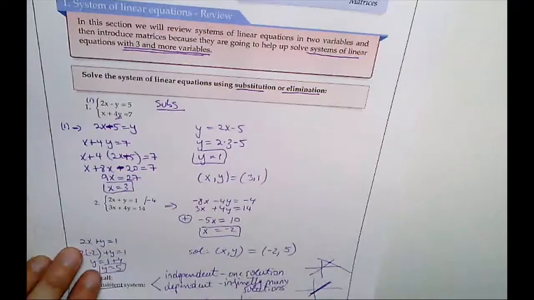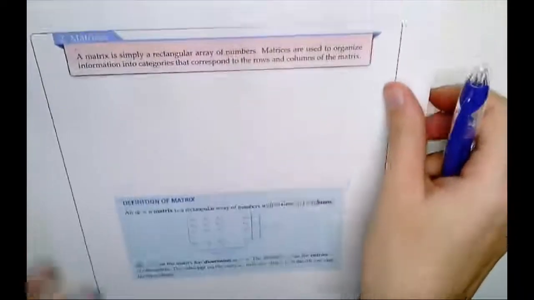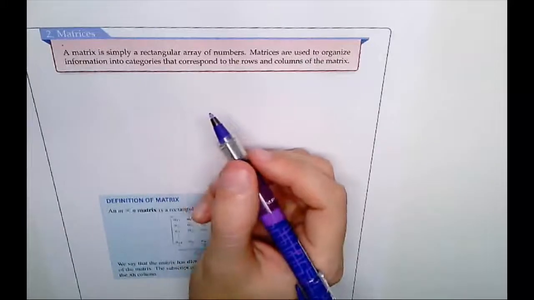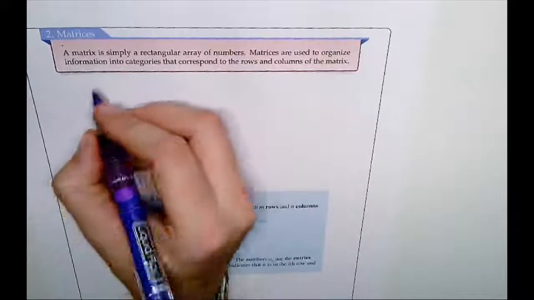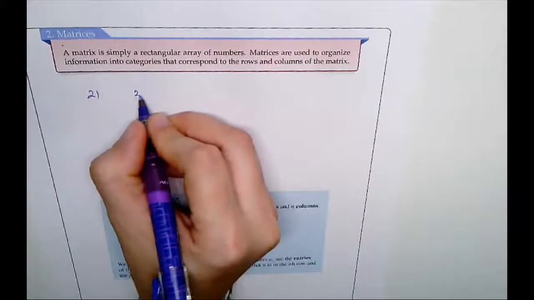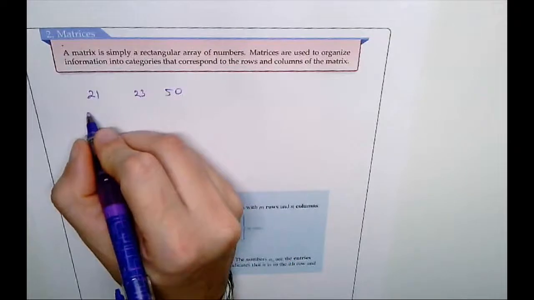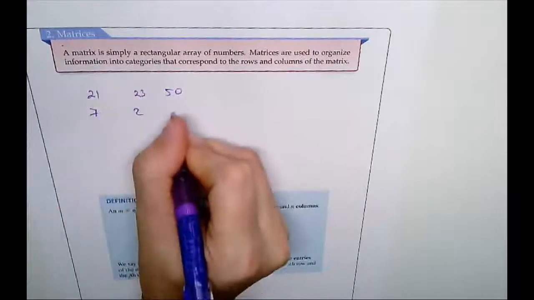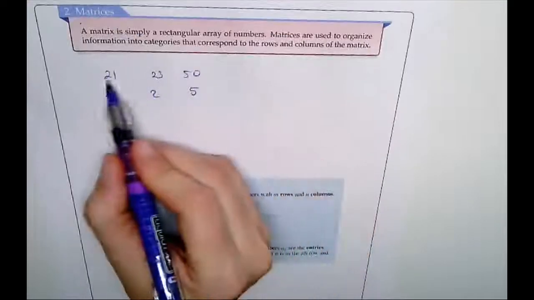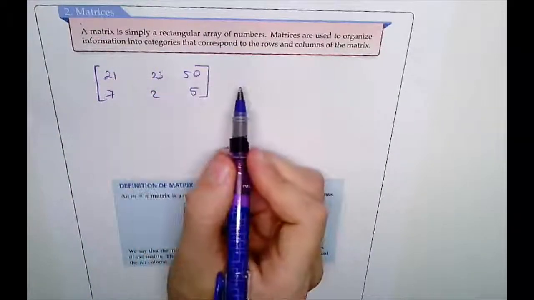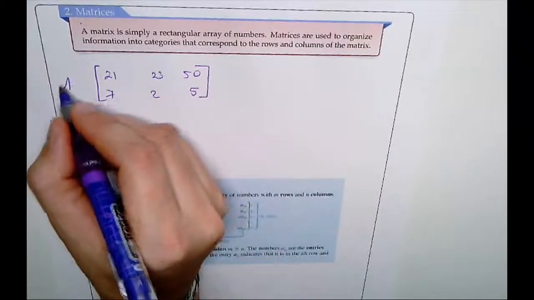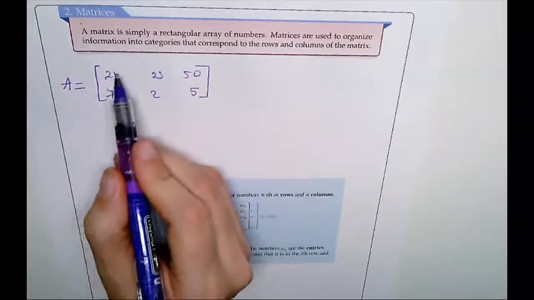Okay, so to solve systems 3 by 3 and higher, we are going to use matrices. So we're going to look at matrices. A matrix is simply a rectangular array of numbers. An example of a matrix: I can have 21, 23, 50, and then 7, 2, and 5. This is an array of numbers, and if I put brackets like this, this is how we represent a matrix. And we usually give capital letters as names for matrices, so I can say that A is the matrix